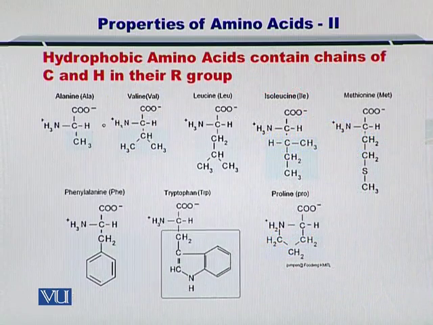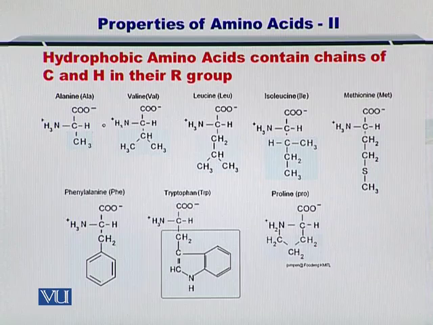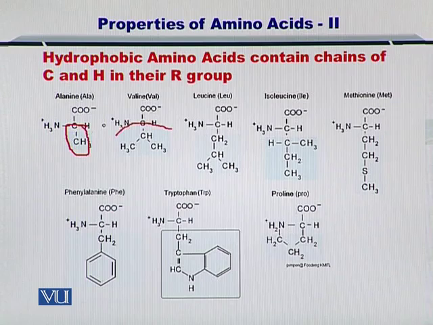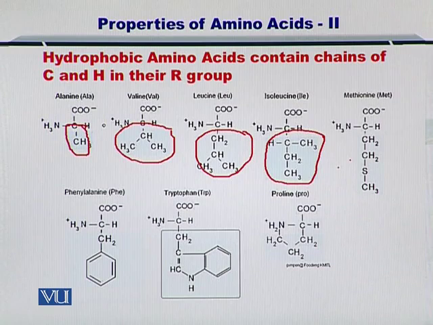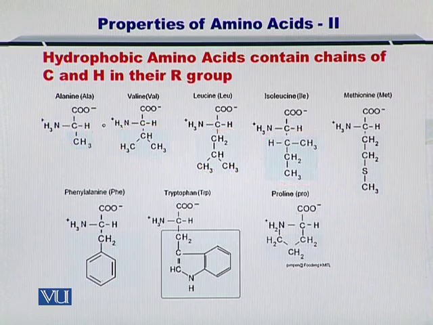The hydrophobic amino acids, as I just mentioned, contain lots of carbons and hydrogen. As you can see here, the amino acids alanine, valine, leucine, isoleucine, methionine, phenylalanine, tryptophan, and proline contain so many carbons and hydrogens that they essentially can be called hydrophobic. Their hydrophobic sites are shown in the blue boxes here, here, here, here, and so on. So these are the R groups for each of these amino acids, and this describes the hydrophobic nature of these